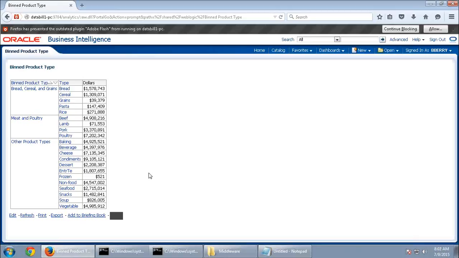And now your application roles have conflicting permissions for the same object, bin product type. For the BI consumer role, you are giving no access. For the BI author application role, you are giving modify access. So which should take over? The same thing in the RPD I told you also.